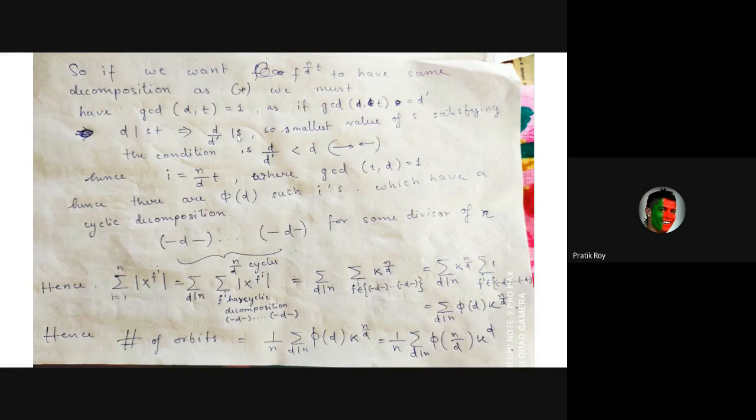So that will be just all those t which have GCD 1 with d, that is phi(d) many. And I'm just taking the summation over these sets, grouping them according to their cyclic decompositions. From the pictorial representation here, each of these disjoint cycles must have the same color. Now each of these disjoint cycles has k choices, and there are n/d many disjoint cycles, so the total number of possible arrangements will be k to the power n/d,